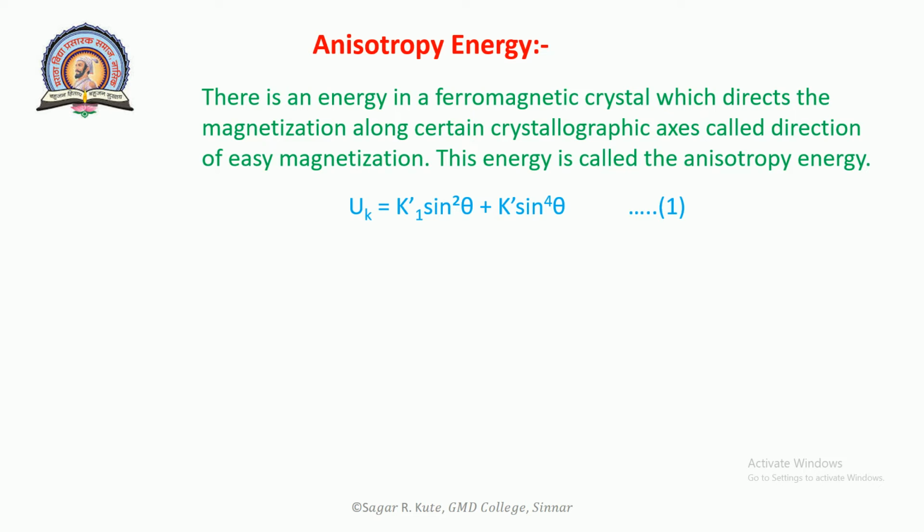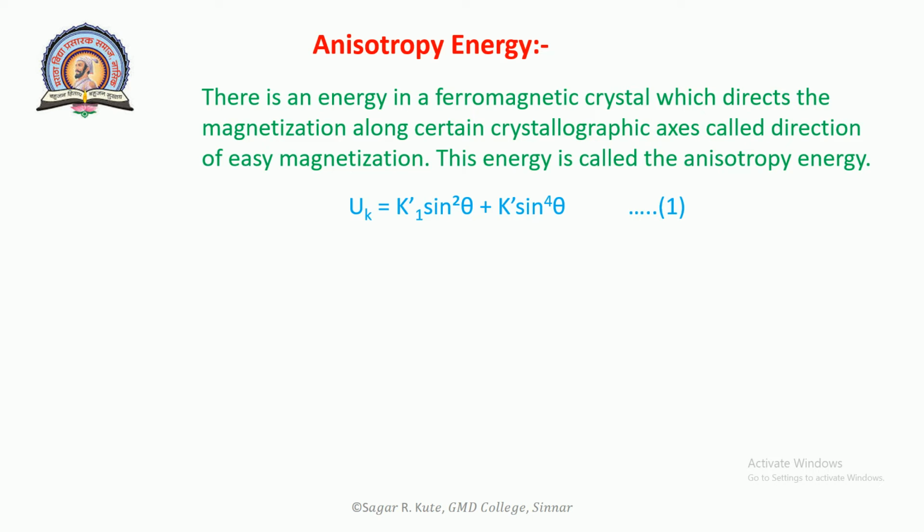K dash 1 is equal to 4.1 into 10 raised to 6 ergs per centimeter cube, and K dash 2 is equal to 1 into 10 raised to 6 ergs per centimeter cube. Iron is a cubic crystal and the cube edges are the directions of easy magnetization. To represent the anisotropy energy of iron magnetized in an arbitrary direction with direction cosines alpha 1, alpha 2 and alpha 3, referred to the cube edges,